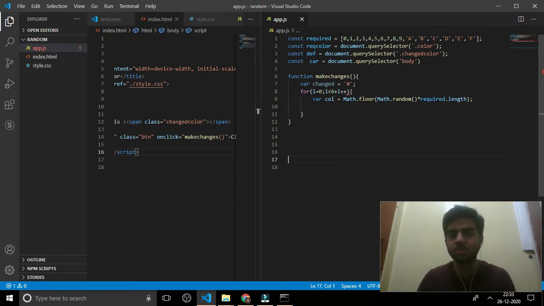The length of this required constant, starting from 0 because index starts from 0, is 0, 1, 2, 3, 4, 5, 6, 7, 8, 9, and a will be assigned 10, 11, 12, 13, 14, 15. The length of the array named required, which is a constant, is 15.